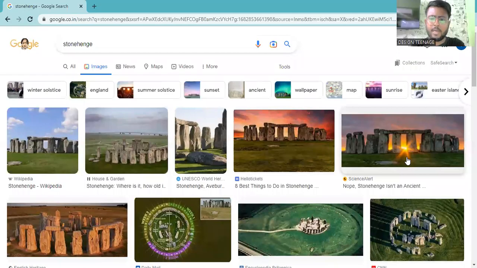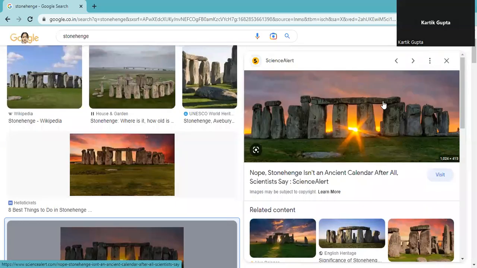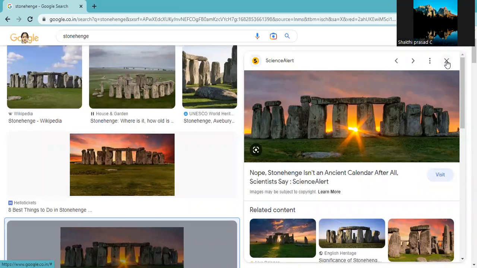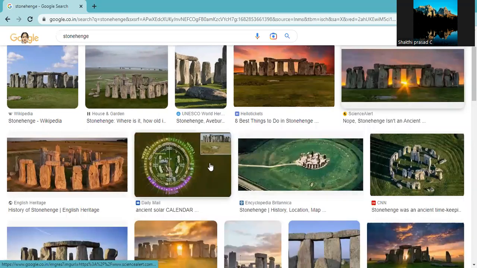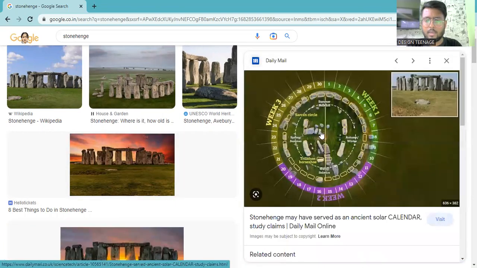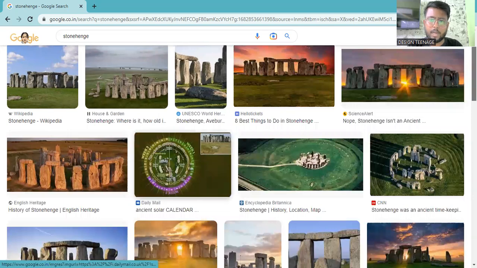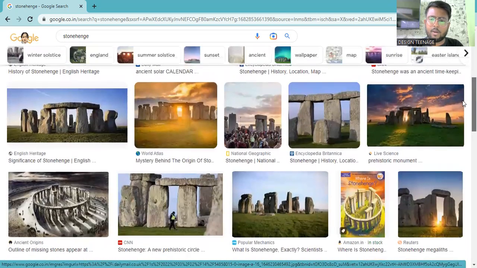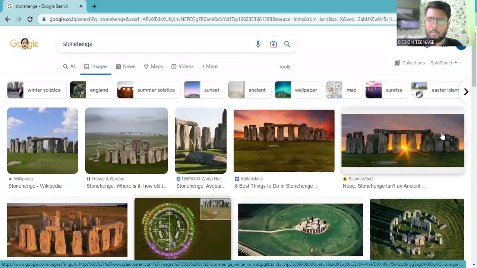Whenever I talk about Stonehenge, this particular picture, which I'm going to show you now, should come to your mind immediately. Have you guys seen this before? Yes, sir. This is the ancient structure of Stonehenge which still exists today. There are different theories and logics behind what it was used for and how the structure was before. But whenever I talk about Stonehenge, this particular structure should come to your mind.